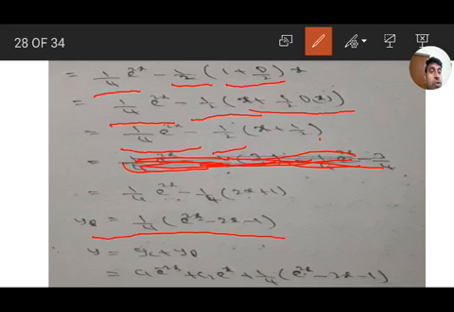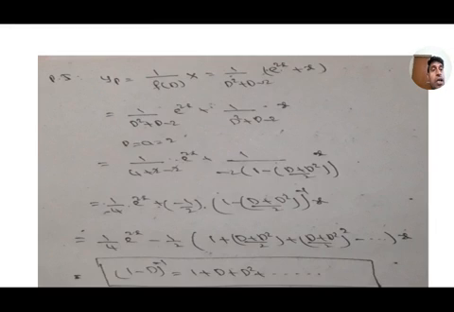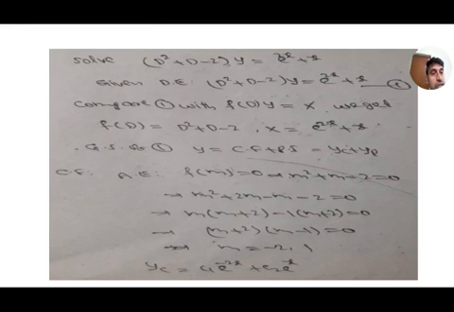So the general solution is y equal to yc plus yp, that is c1 e to the power of minus 2x plus c2 e to the power of x plus 1 by 4 into e to the power of 2x minus 2x minus 1. It is the general solution. Here we got the complementary function plus the particular integral. For the complementary function, the roots are real and different, minus 2 comma 1. So the general solution is c1 e to the power of minus 2x plus c2 e to the power of x.